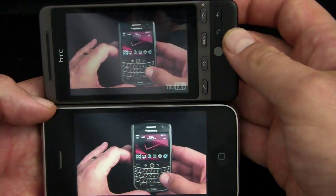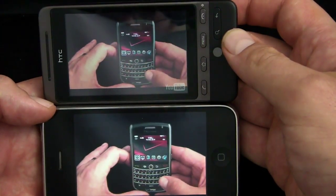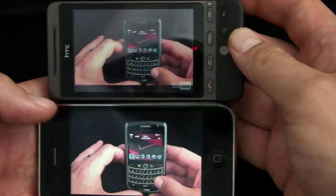This is the BlackBerry that Verizon users have been waiting for, and straight up, it is the best BlackBerry experience to ever grace the big...